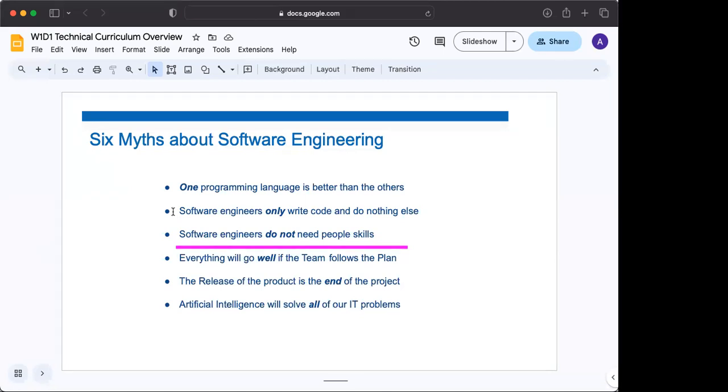Myth: one programming language is better than the others. This myth arises among all students or new software engineers, especially because there's a fear of learning the wrong language, especially right now, because the market is so volatile. Everyone's like, should I learn Python? Should I learn Java? Should I learn front end? Should I learn back end? You look at the job posting and it's very confusing. Should I go learn AI? It's like, listen,